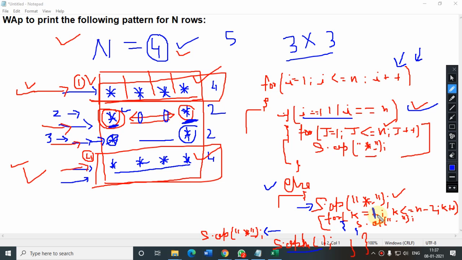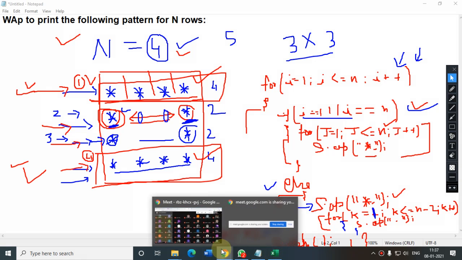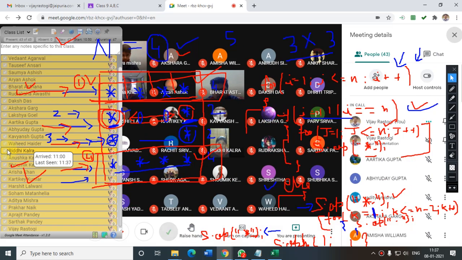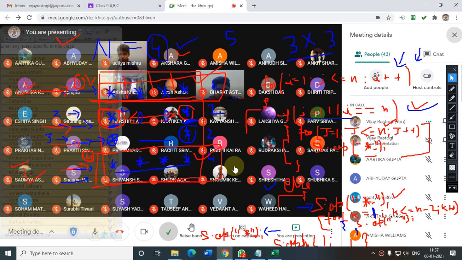Something else, children? Any query? No, sir. Arisha beta, is it clear? It is your same thing, we have just done it in this manner. Aditya Mishra, the logic is mostly the same, whatever you have used, Arisha and Aditya, but in a different manner.